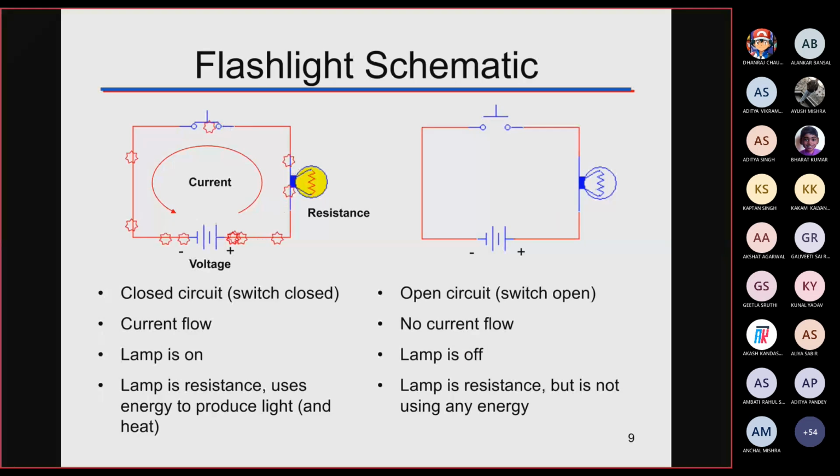Same thing is here also. When the circuit is complete, then you can see the direction of current in this way. Obviously the electron flow will be in this direction, right? So the current flows through the network and the lamp is in the on position. Now in the second position, when it is open circuit, no current flows through it, and your lamp is off. Nothing new in this.